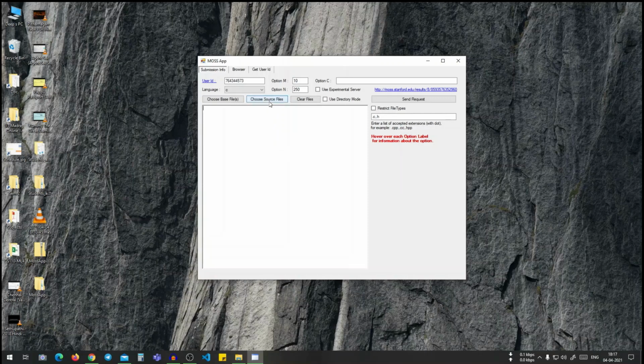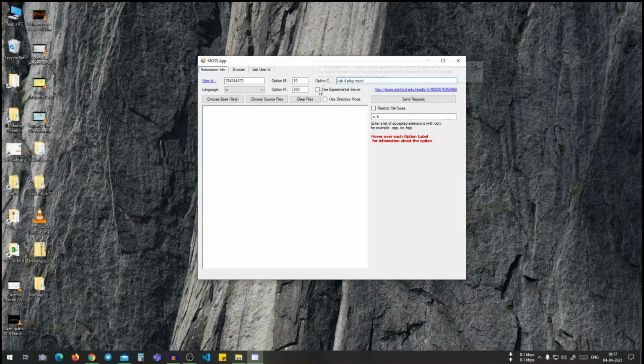You already know you have to choose the folder on which the files are there. And what is option C? Option C is basically caption. You can write lab 4 flag report. Inside the report, on the very top, it will be written as a title. So it is basically the caption.